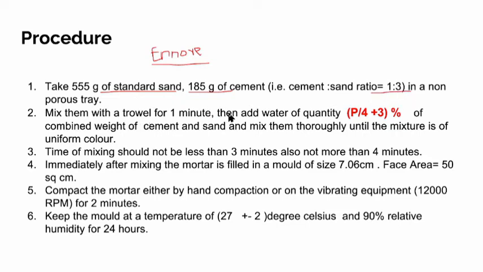We mix them and the water is added. The water is P by 4 plus 3% of combined weight of cement plus sand, where P is the standard consistency of cement that we have found before. The time of mixing should not be less than 3 minutes, and also